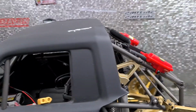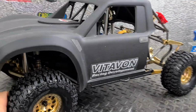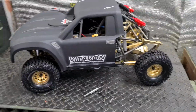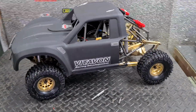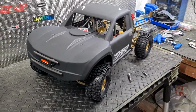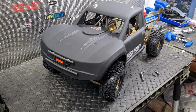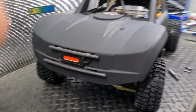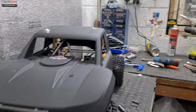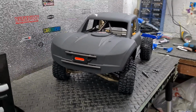More triangulation, alloy triangulation in the rear, and I'm super stoked with it. I love the gold on this M-UDR, the Murder UDR. I love the lights. I think it's going to be a great basher, and I'm going to thoroughly enjoy beating the living daylights out of it. I don't think this one is going to get sold unless someone was to offer me a significant